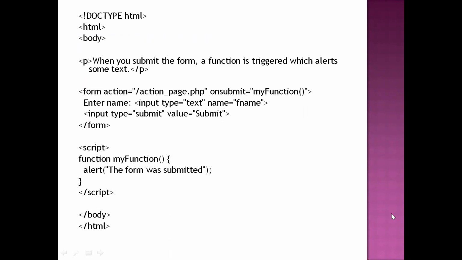Now see one example program for this. Here, as usual, HTML body, paragraph, some text I am displaying on the screen. Okay, your form tag. Always, all the form elements we need to place inside the form tag only, right? So inside this form, I am creating one text field and one submit button, right? Whenever I click on the submit button, automatically the on submit event will be generated.